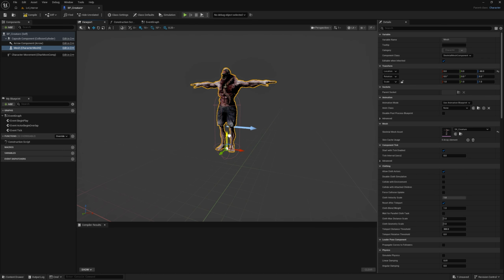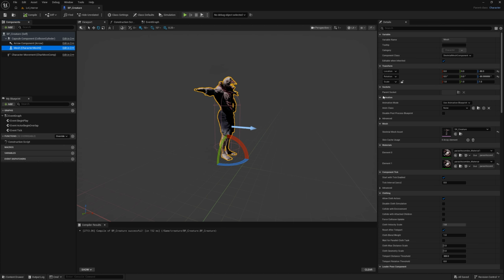And of course you need to move it down, and you will rotate it, because here it's showing us where the face of the character should be. And then save it. And because the character is in the T mode, I just need to be sure that I'm selecting the mesh. And from the details here, you have the animation section, animation mode, and we will choose one of these options. I will keep it as use animation blueprint, and then come here,